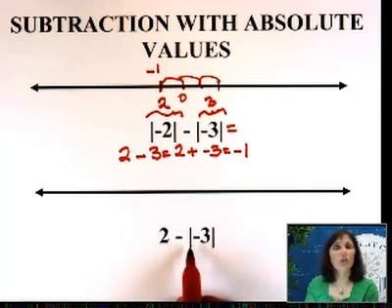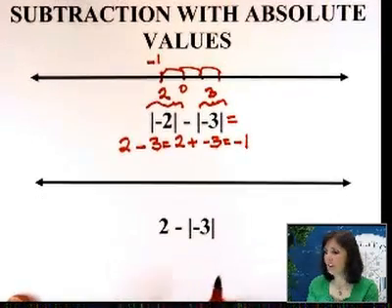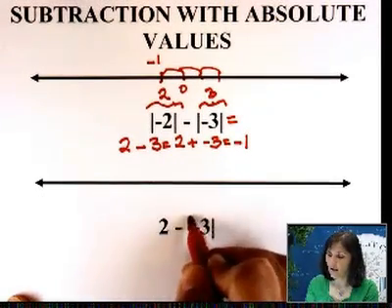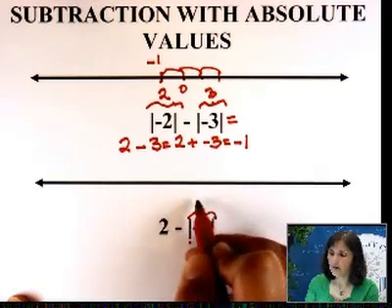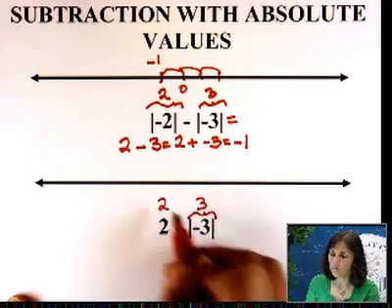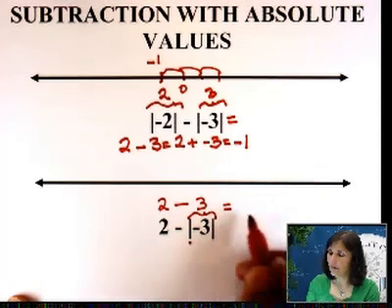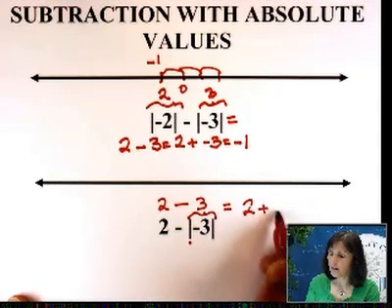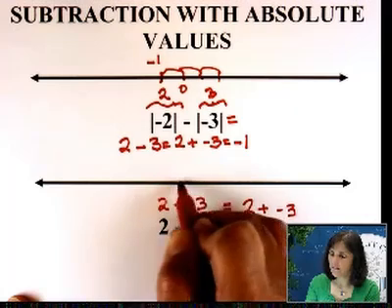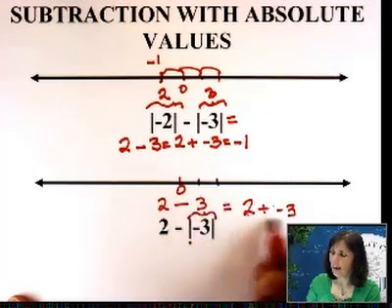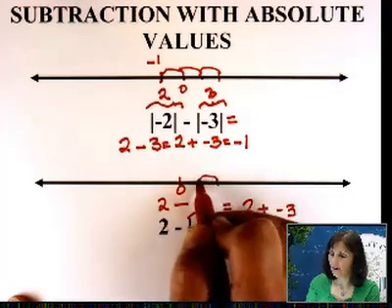What happens here? Do the absolute values. Don't be fooled with the double negatives or none of that. Just do the absolute value first. What is absolute value of negative 3? It is 3. So this problem is 2 minus 3. Okay? So what does that mean? 2 plus minus 3. What does that mean? You start with 0, go to the right, 1, 2, and then minus 3, go to the left, 1, 2,